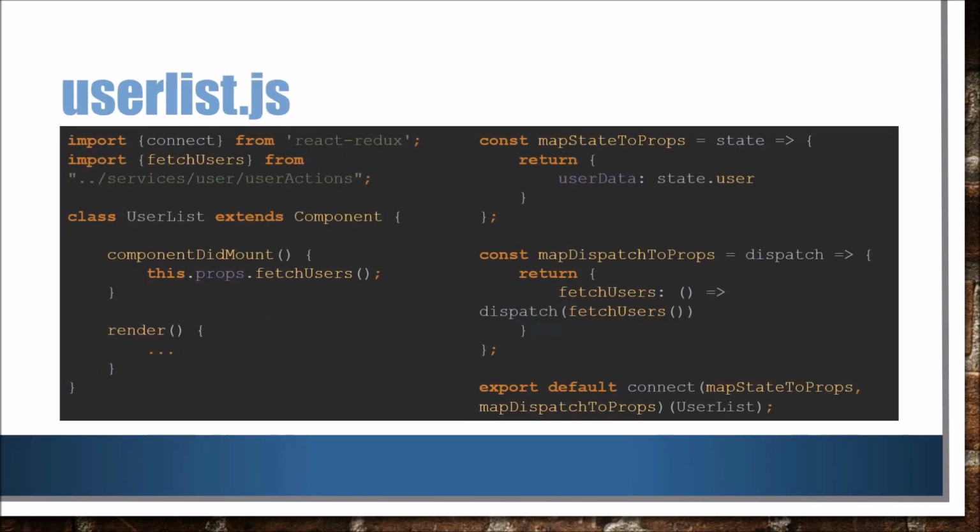Here are the required changes for the user list component. Earlier we were sending the get request from here, but now we hand over this call to Redux. So inside the componentDidMount method, using props, we are calling the fetch users method, which we declared inside the user actions. We kept the export there so we can use it here. Now at the end, we need to create two constants, one for mapStateToProps and one for mapDispatchToProps. Inside this constant, we are dispatching the fetch users method call. And at the end, we need to use the connect function of React Redux and pass both the constants.